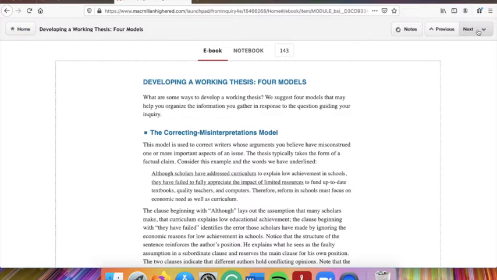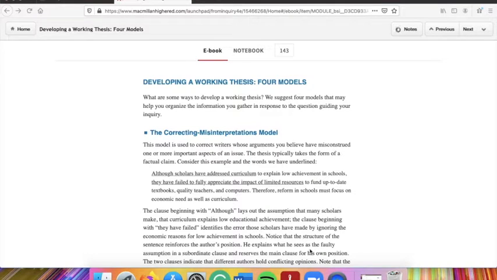As you're developing a thesis, you'll be working in these four models primarily, and probably until you get into the harder sciences, you won't be working in the fourth one that much. So the first model you could be working in is the correcting